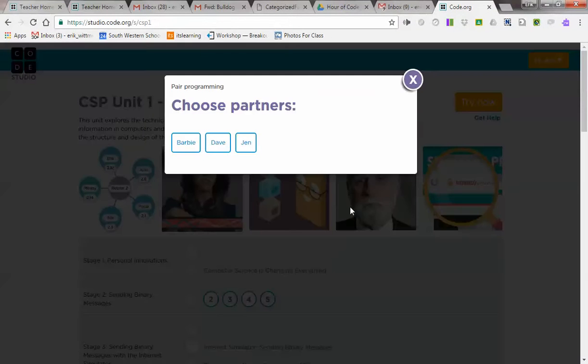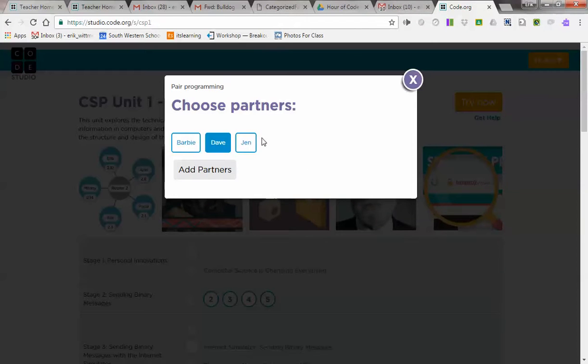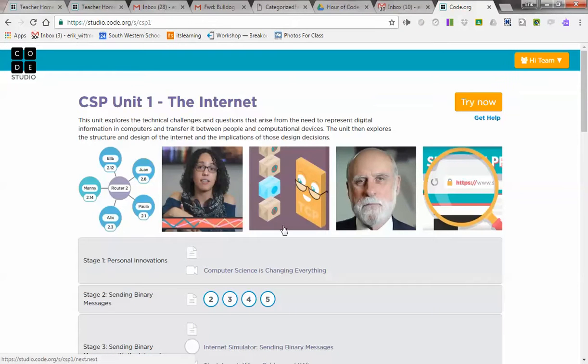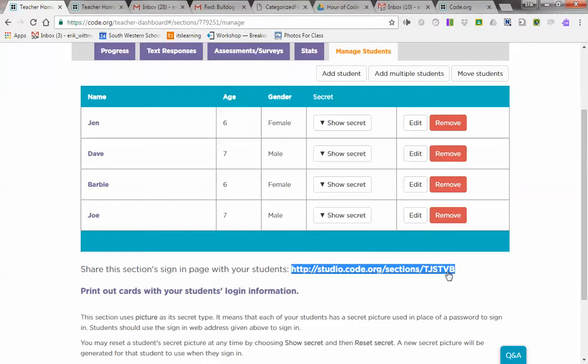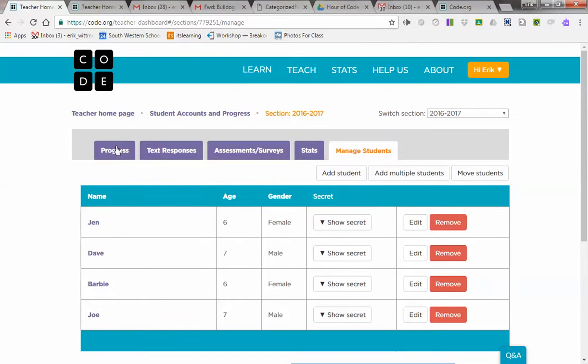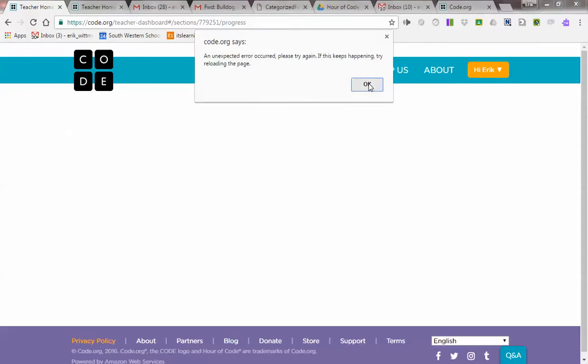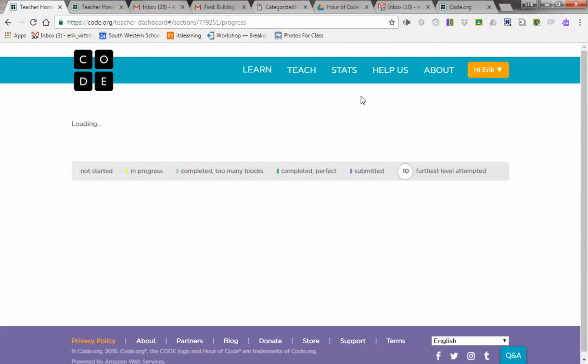And now they're asking to work in partner, so I'm going to say yes, and now they can start to work. So you want to print these off and provide those to the learners, and then you need to put that website somewhere. And then what you can do now is come back and look at their progress, and you can see everything that's going on with those particular learners in your class. So there you have it, registering and going a little bit farther with